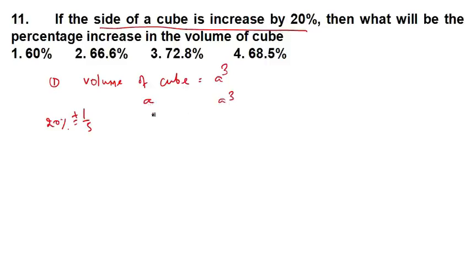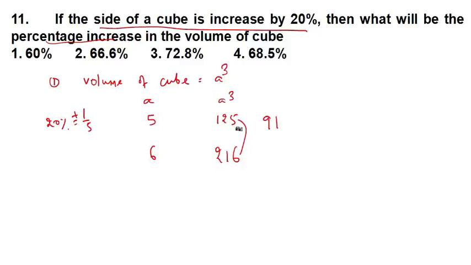So it said that before it was 5, it got increased by 1, means it got increased to 6. Before it was 5, now it is 6. So 5 cube means 125 and 6 cube means 216. If you can simplify, you can simplify, otherwise you can just carry on. Now it is asking what will be the percentage increase. So obviously it got increased. How much? It got increased by 91. You can see the difference.